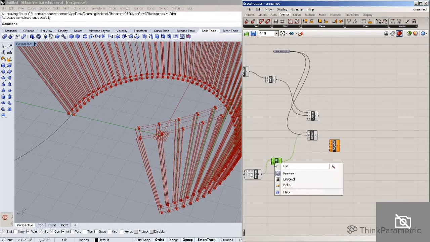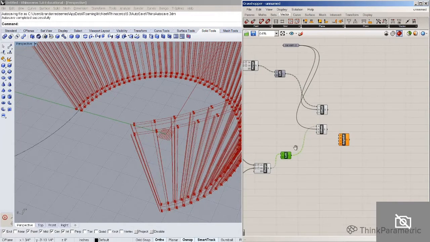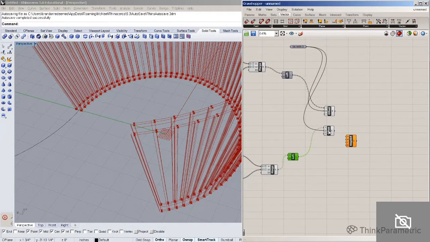And right now we can hide the original, as we can offset on both sides. And we're going to do this for the inner and the outer